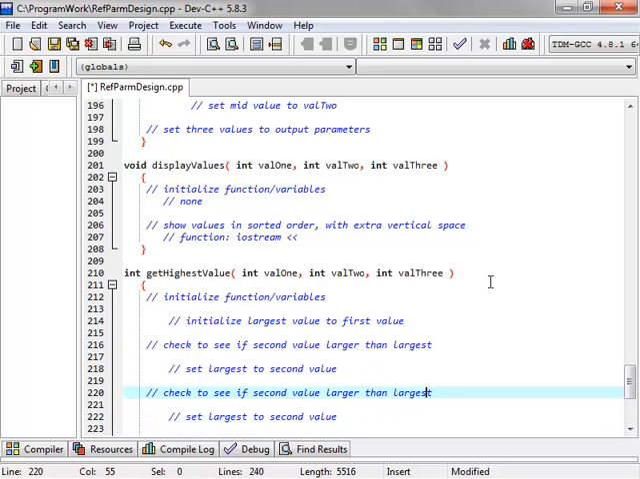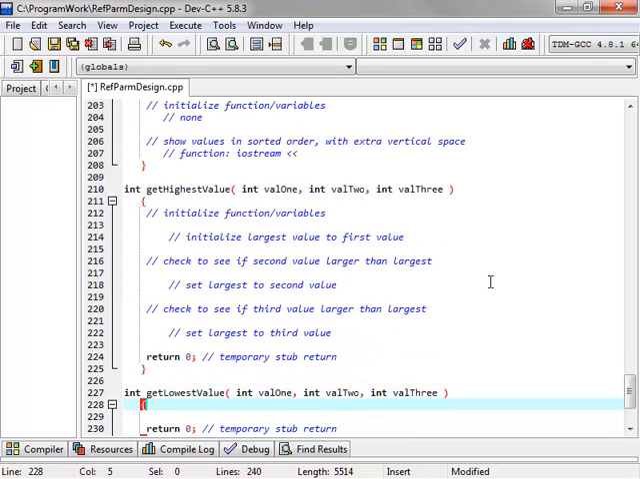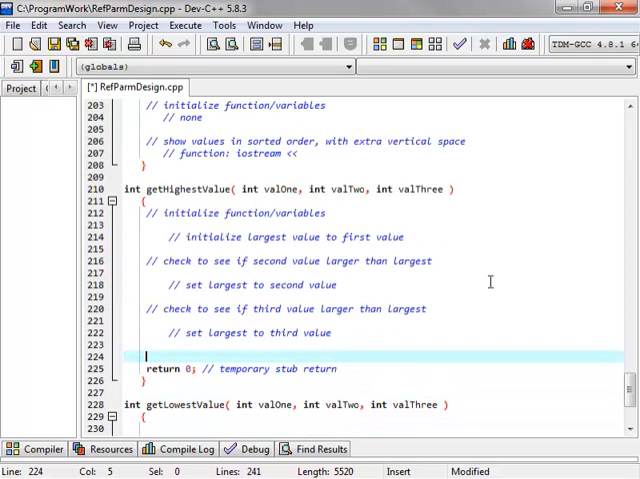And then we'll do the same thing once we've gone through that. No, there's no otherwise here. We're checking each one independently. Check to see if the third value is larger than the largest. If that's the case, then we will set the largest to the third value. And then when we're done, we will return the largest value. Alright? Pretty straightforward. This is a very easy find max in a group of 3. We'll compile and save,